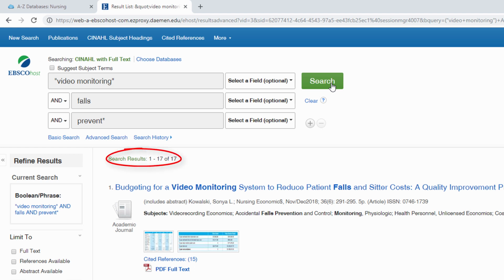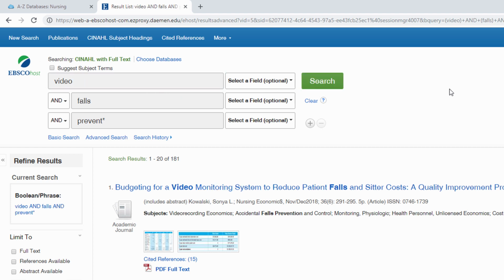Better, but still quite low. Perhaps not searching for video monitoring as an exact phrase could help. Let's try just video and monitor. And I'm going to use the asterisk to truncate that. That gives us a couple more, so let's try removing monitor completely. Now that gives us a bit more,